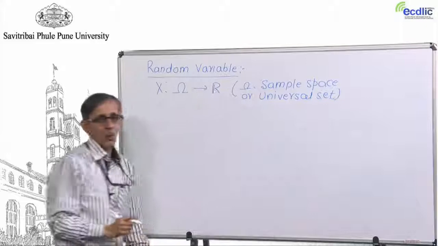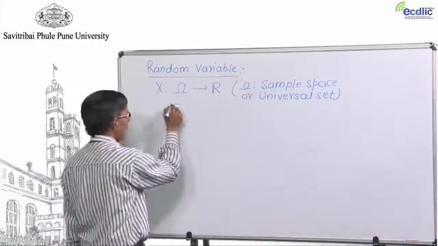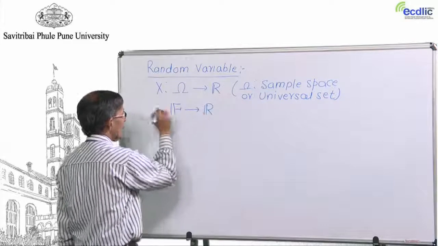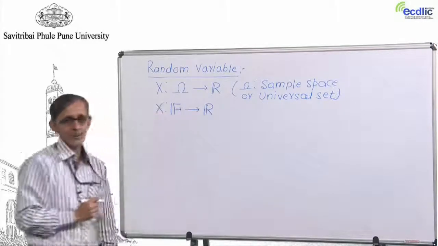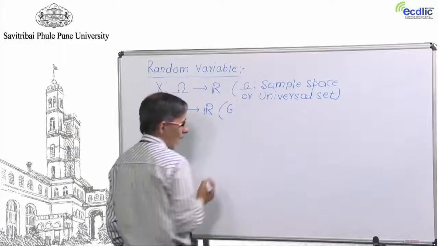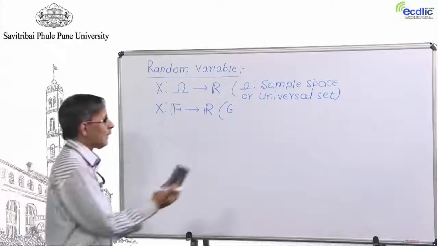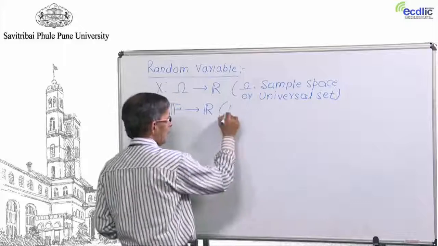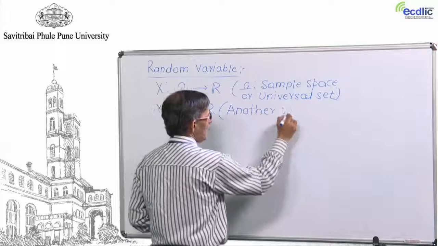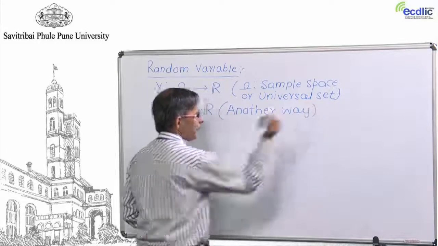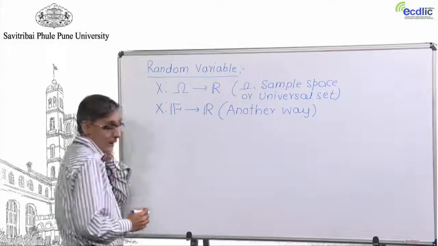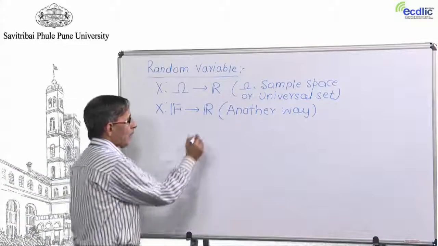We have defined a more sophisticated definition, namely from some class of subsets of omega to R, which is called a sigma algebra or sigma field. This is, I would say, another definition of a random variable. Okay. Now, after doing this, there is a possibility that every time this